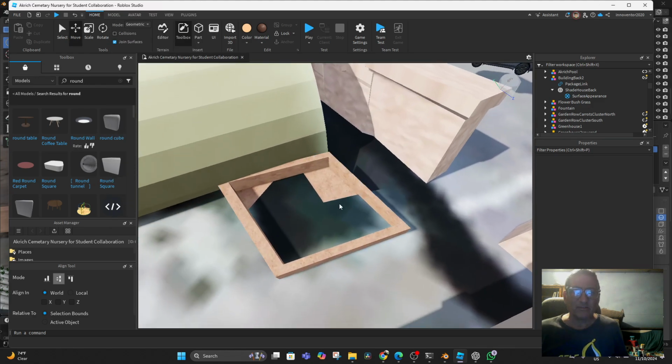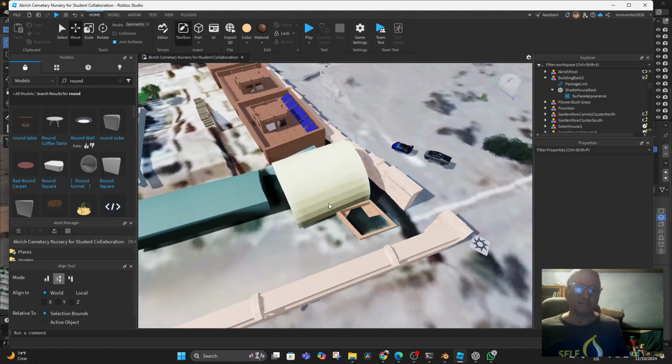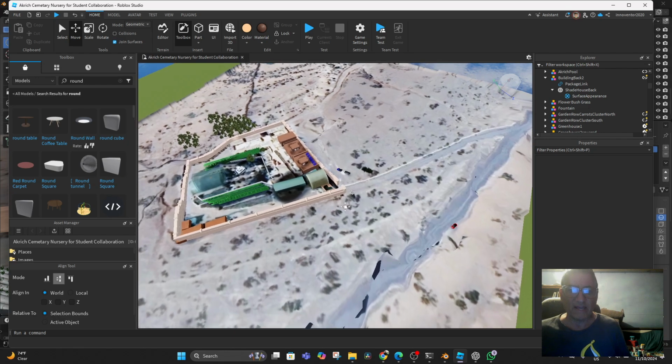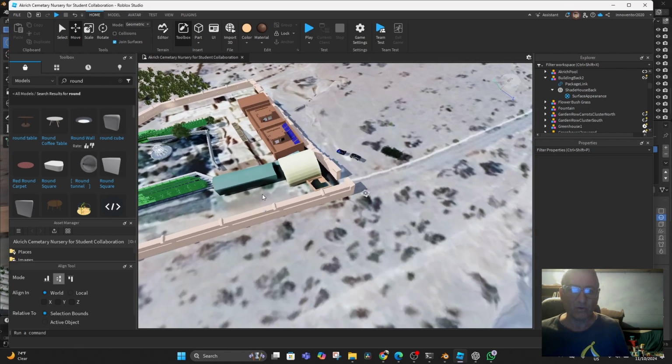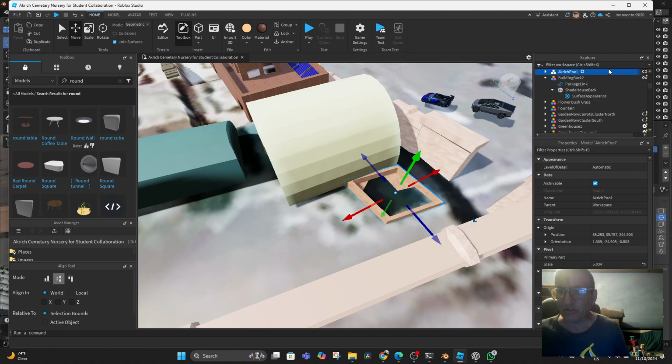It makes absolutely no sense to me whatsoever. There probably is a terrain that was created here somewhere, and I have no idea where it went. So the best I think that we can hope for is this, the Akrich pool,